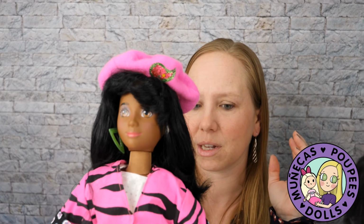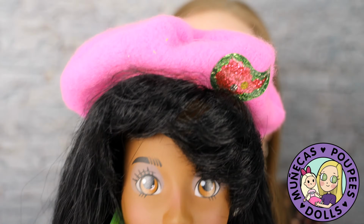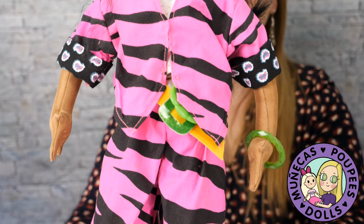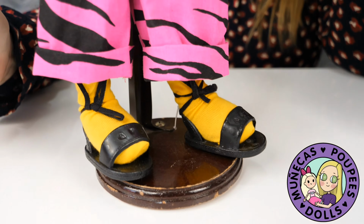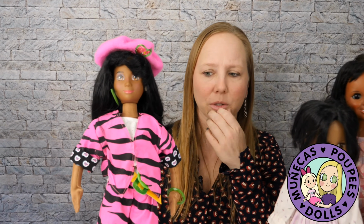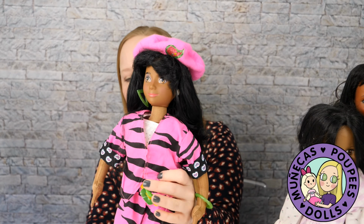All right, so let's move right along to the next doll, and I believe these dolls are from 1988. I can't remember off the top of my head, but this is Hot Looks ZZ. And the Hot Looks dolls, you can see they had hot looks. That was the whole thing. These are soft-bodied dolls, and they had different fashions, like crazy 80s fashions, and these were made by Mattel. Now, ZZ, I believe she has the exact same face as the other dolls. I could be wrong, but I think she has the same face as all the other dolls. So she didn't necessarily get her own sculpt,